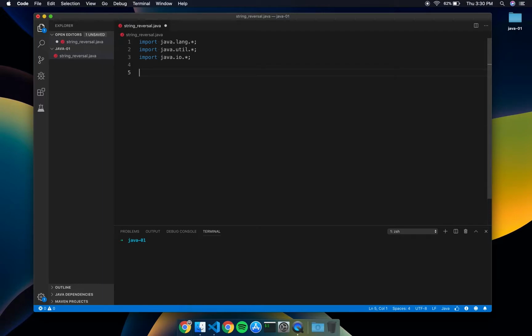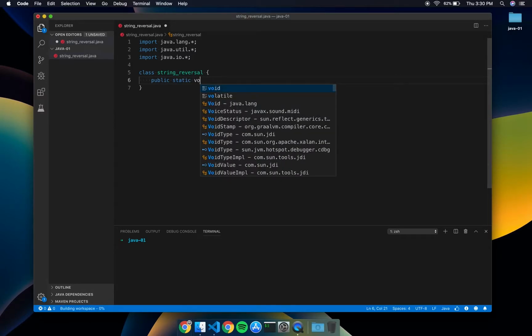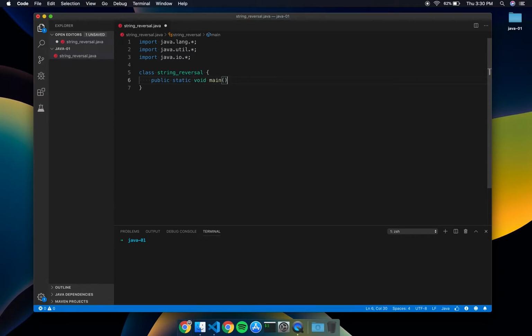So now we create the class. So we're gonna do class StringReversal, and then a public static void main, and then the String[] args,